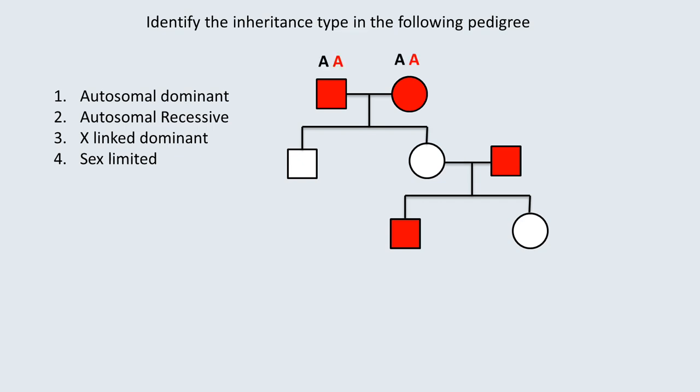Let us consider the genotypes in this particular manner, where the first generation male is having a normal allele, but the other allele is mutated or lethal, and the presence of only one allele is sufficient to induce that particular trait. Similarly, the female is also affected. As a result, we will consider the same genotype there also. The male in the second generation is completely unaffected because he is having two alleles which are completely normal. Similarly, even the female is unaffected, which means she is carrying normal alleles which she has got from the father and mother.